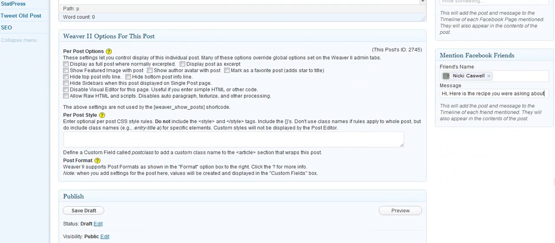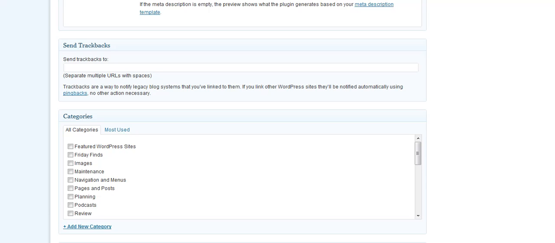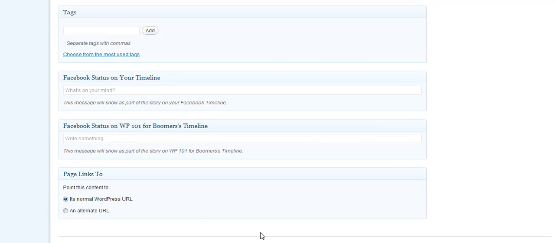Then if you go on down here, past the other ones that we have here, you can put something that you want with it before it posts on your timeline. You can say I just published, and put the name of the post. This will be on the timeline for the fan page. It's already there, so like I said, you don't need to link to it up there, but you may want to put something here. Maybe, you know, to answer